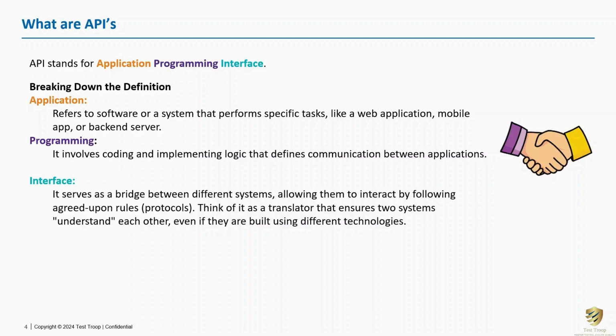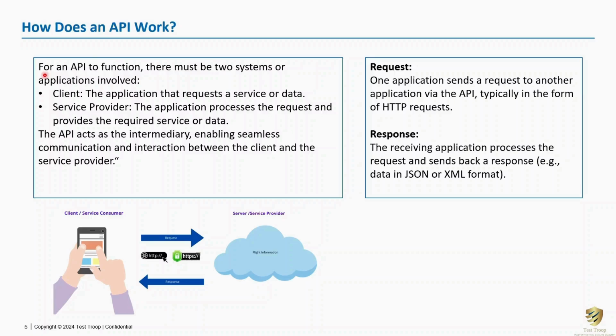API defines a set of rules, guidelines, or a protocol using which the two systems or two applications can interact with each other seamlessly. Let us try to understand how the API works. For an API to function, there must be two systems involved. They are called a client or a service consumer, and a server or a service provider. The client is an application that is basically in need of data or a service. The service provider or server is an application that processes the request and provides the requested data to the